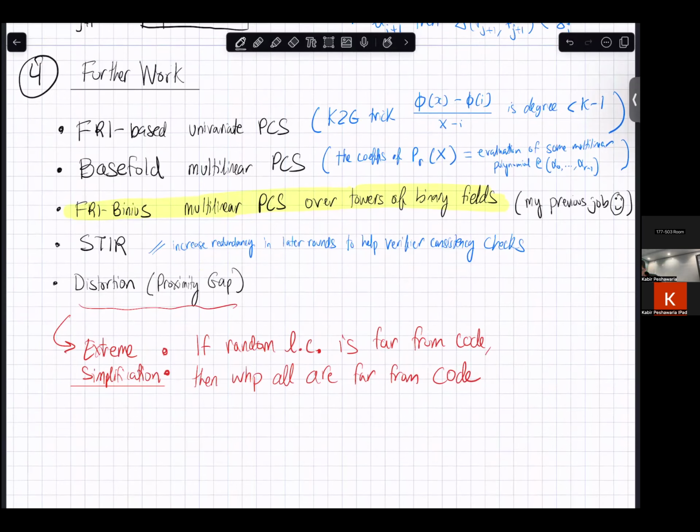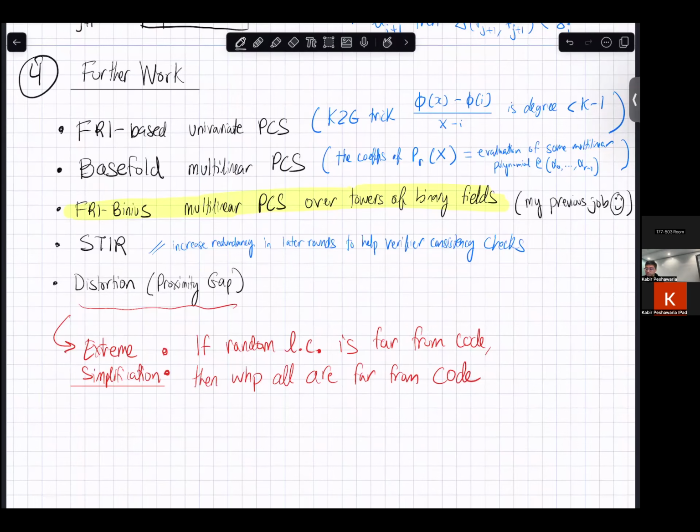And then finally, there's this thing called distortion. We talked about distortion a lot. What's the probability that when I batch these FRI instances, my new FRI instance is still equally far? This is a very interesting thing. My colleague at Irreducible, this Binius company, gave a 1.5 hour long talk about this on YouTube. You could look it up. It's really fascinating. There's a huge line of work in this.